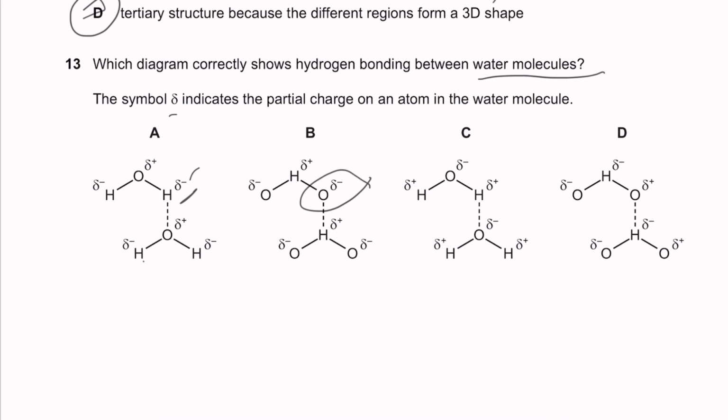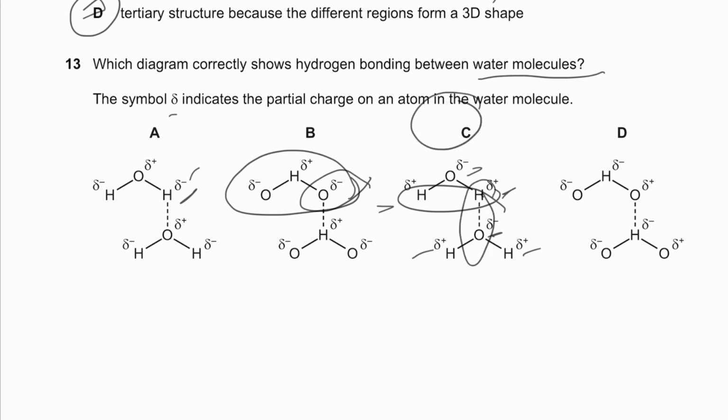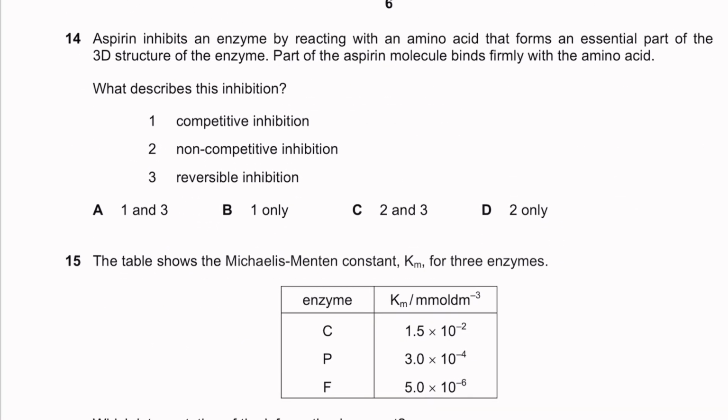So as we see, this is correct so far. However, when we look at the structure, it's not 2 molecules of oxygen, it's only 1. Okay, it's H2O, meaning we have 2 hydrogen atoms with partial positive charge, and 1 oxygen with partial negative charge. Okay, this is very correct, the bond between hydrogen and oxygen. Perfect, let's move on. Okay, and aspirin inhibits an enzyme by reacting with an amino acid that forms an essential